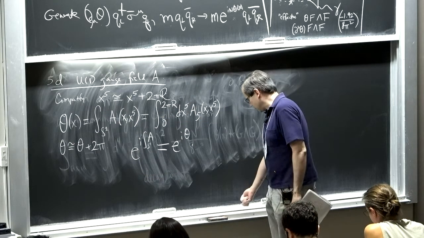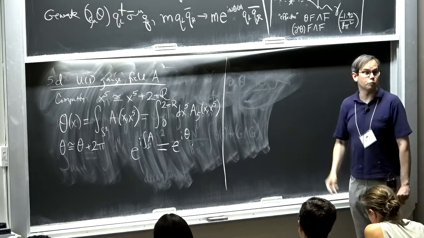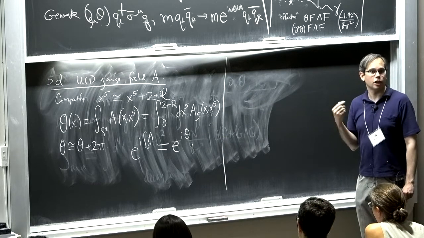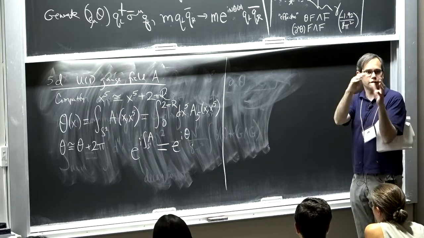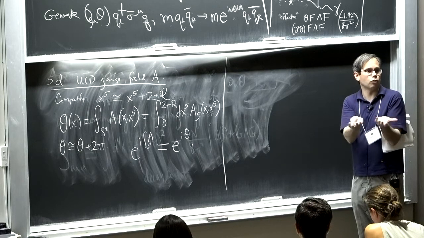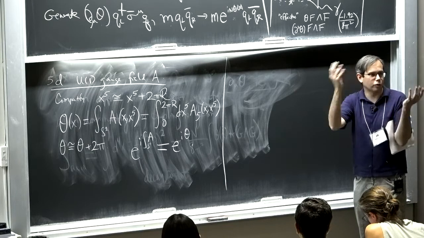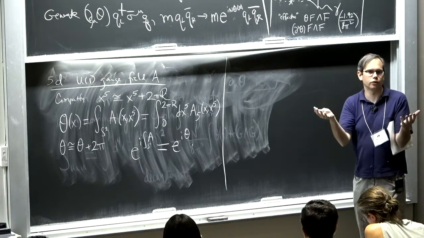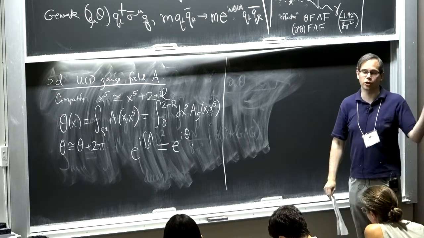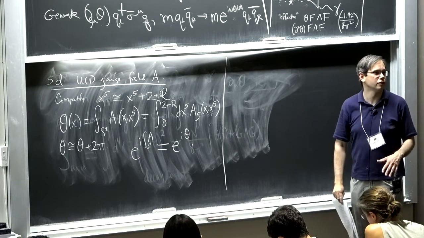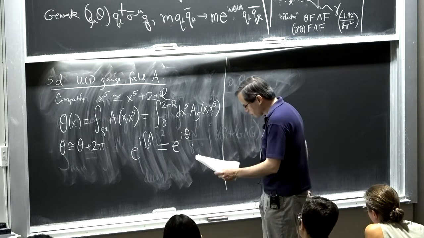So I start with the 5D gauge field, and I get a scalar that's periodic in 4 dimensions. In fact, you can do this in higher dimensions. I could have a 2-dimensional cycle in some extra dimensions, integrate a 2-form gauge field over it, and get an axion-like field in 4D. I could have a 4-dimensional cycle and integrate a 4-form gauge field. So there's a whole family of these things, and they're all over the place in string theory. They're just automatically there. You don't have to put them in by hand. They're just part of the theory. Okay, but the 5D case is the simplest way to illustrate.